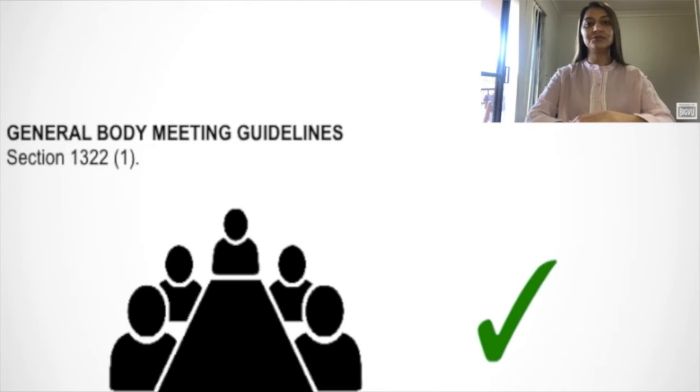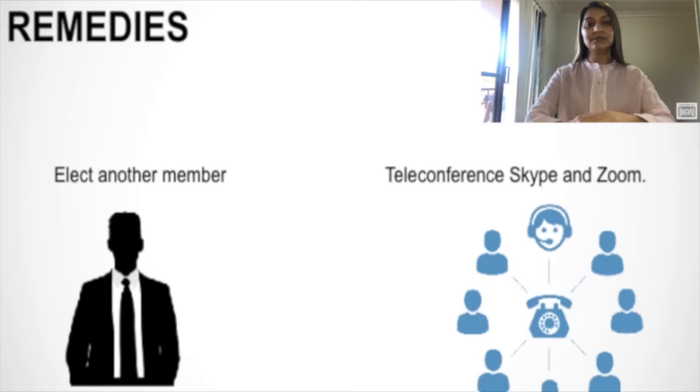Section 1322 subsection 2 states that the absence of quorum and a defect of notice or time will make the outcome of the meeting invalid. Hence, I can advise James that the members can elect another member to chair the meeting only. Another alternative is to use teleconference like Skype, Zoom, and many more. Considering all the above points, James can be advised that there is no need for the annual general meeting to be